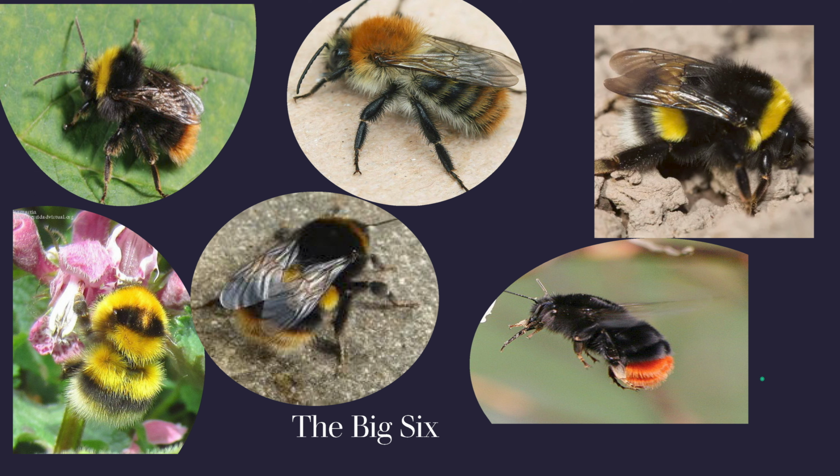It's got a white tail and it's got three yellow bands. Nice and distinctive. It's got a long tongue, and it goes for things like foxgloves. So you'll see this big bee on a long corolla flower. That's what they like, and they get right in. They're around now. They usually appear around late May. So they're not one of the first ones that comes out, but they're around until the first frost,